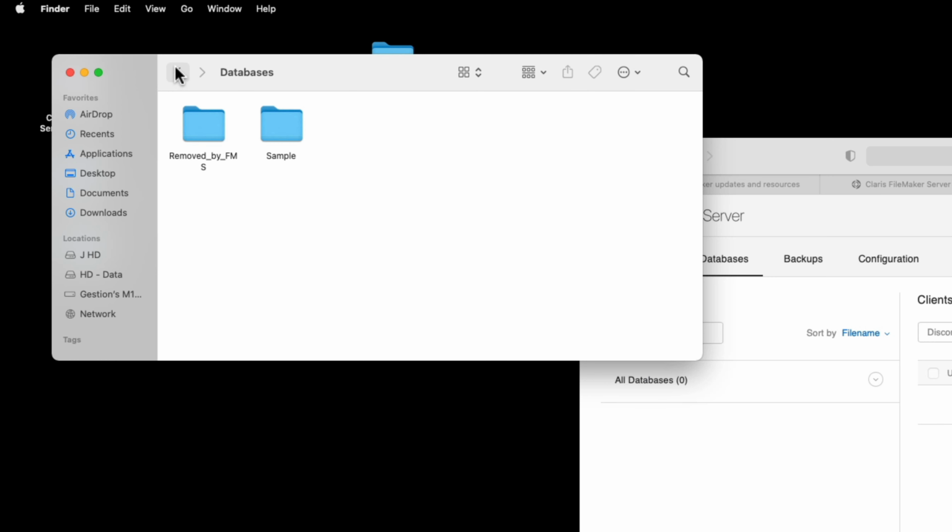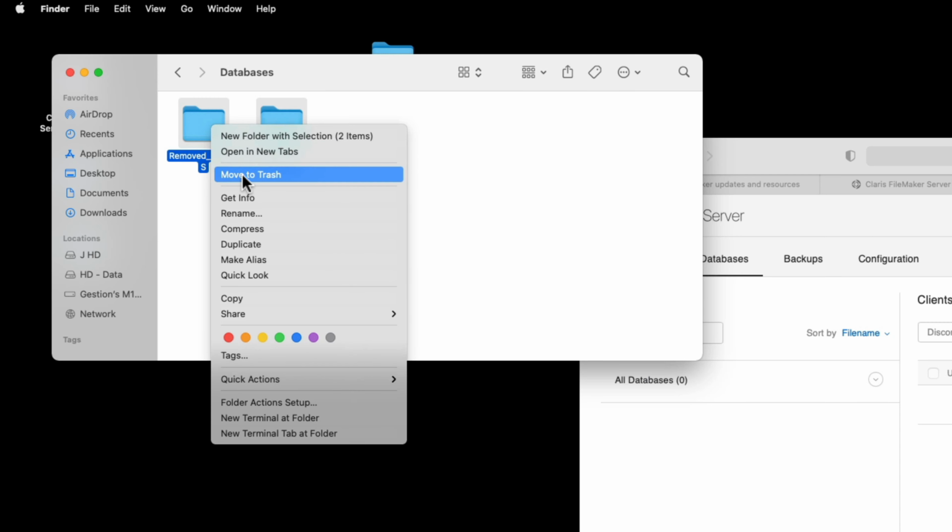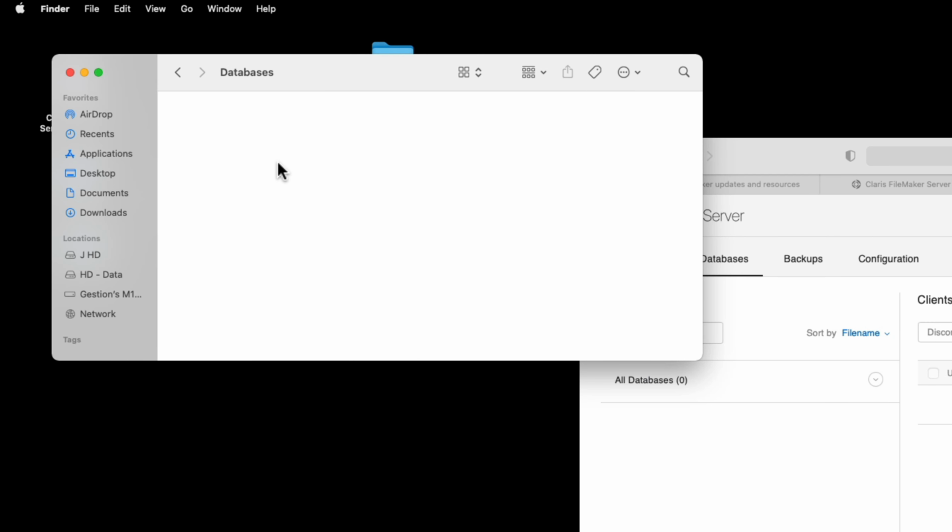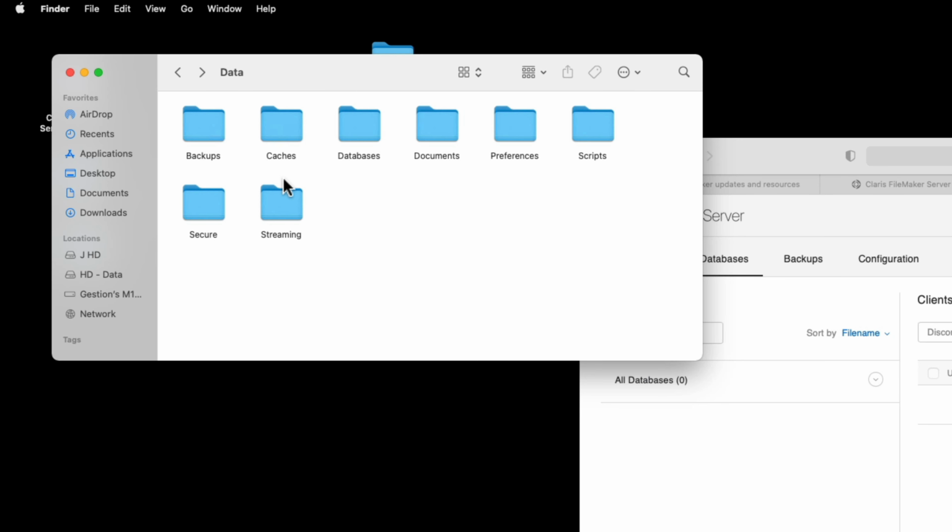This is the sample database that FileMaker starts from as default. I'm just going to select and delete, move to trash. Just don't do this. It's the only time you need to do this. And here you have